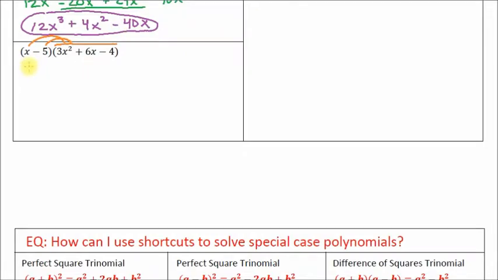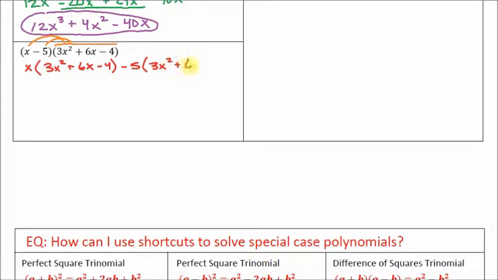So we're going to take our first term of our first binomial, x, and that's going to get multiplied by 3x squared plus 6x minus 4. And then we're going to take our second term, that's actually negative 5, and we're going to multiply it by that whole